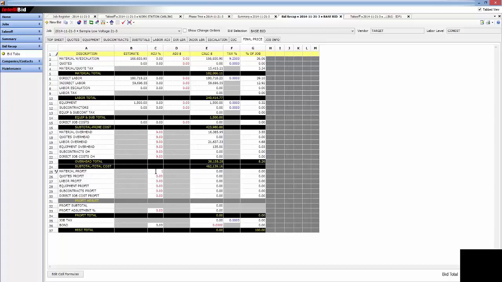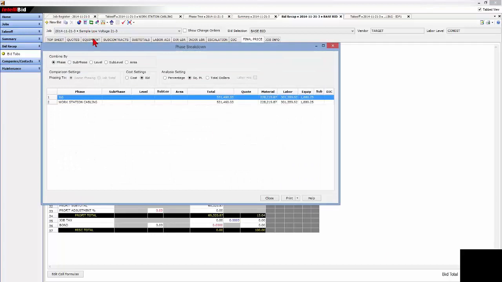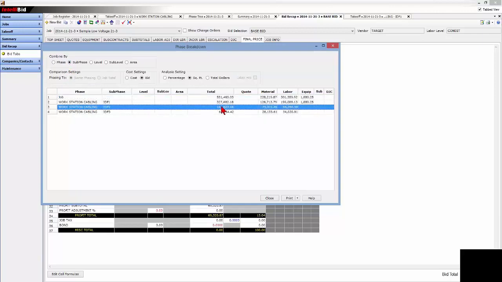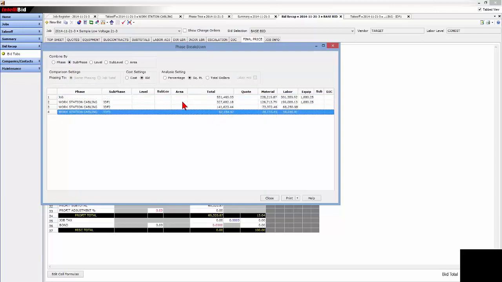Try to put some fair, competitive profit on the job. I'm just going to put a flat 15 across. You may have a bond on the job to include, but right now we have a price to go to the street at $531,460. Our work breakdown schedule, albeit a simple one system installation, but the $531,000 is broken into the 3 IDFs